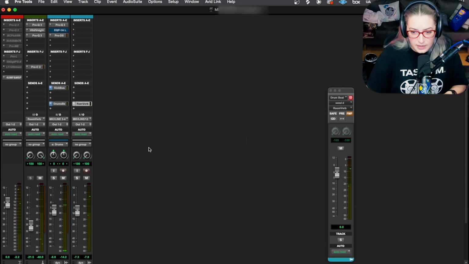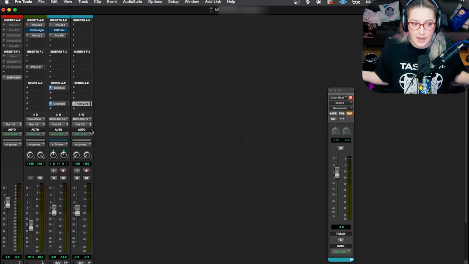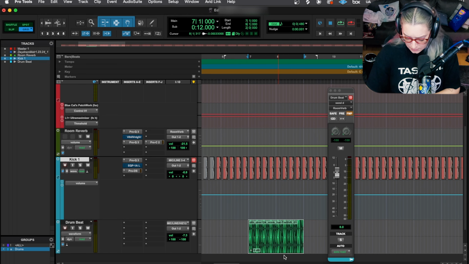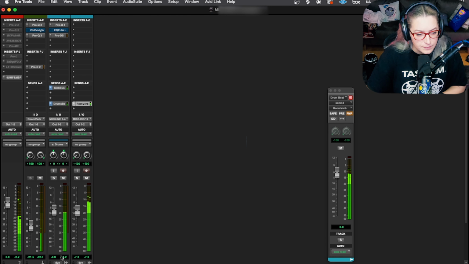Another thing you'll notice is that if I bypass this reverb plugin so that we don't hear what the reverb is adding, because the reverb is going to add things in stereo, it's a stereo reverb. I'm going to watch it now. See how it's all on that left channel now on the reverb. And as I move this, it affects everything. As soon as I turn this off, though,